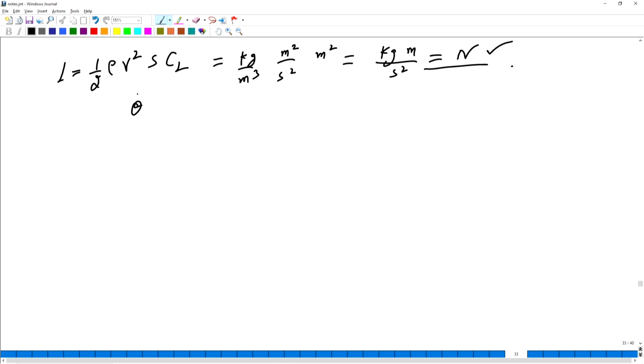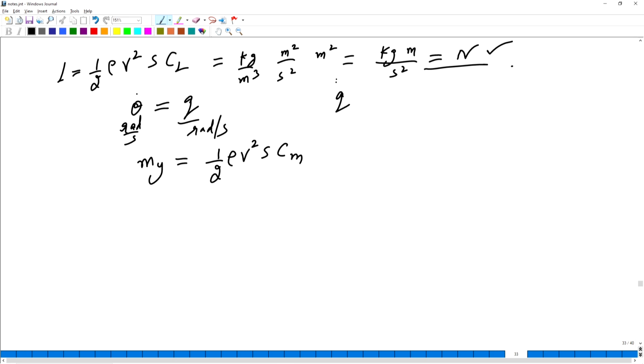Then we have theta dot equals Q. So this is radians per second, it should be radians per second, and this is rate, it is already radians per second. It should not be in degrees per second. All right. Then we have moment about y axis equals half rho V square S C into CM. So the next variable was Q dot. Q dot is My upon Iy. All right. So Q unit is radians per second. This is Q dot. It should be radians per second square, or it should be simply 1 upon second square.